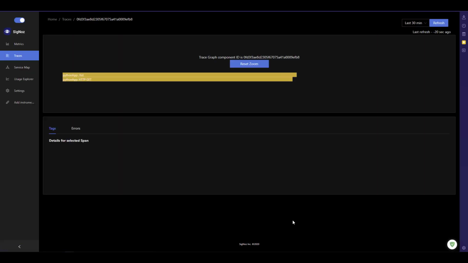Every trace will have a unique ID. You can see the graph component ID. This is how you trace your request. Here, if you click on the list, it displays all the details. And if you click on the HTTP GET, again it is making a call to some monkey.io. This is how you will be able to drill down into your request and see what's going on in each hop. This tracing will be very helpful if you want to understand your application and its behavior under load or in production. You can use tools like Signos to deep dive into it, and then you can easily fix the issues.